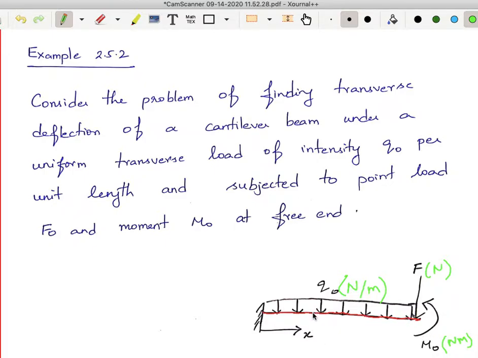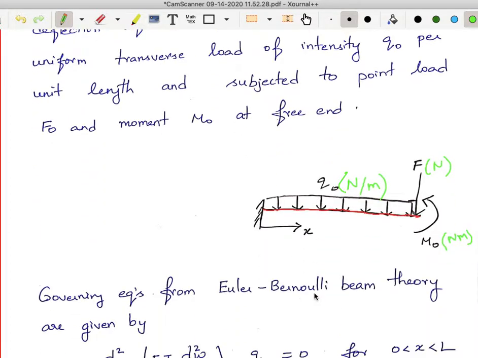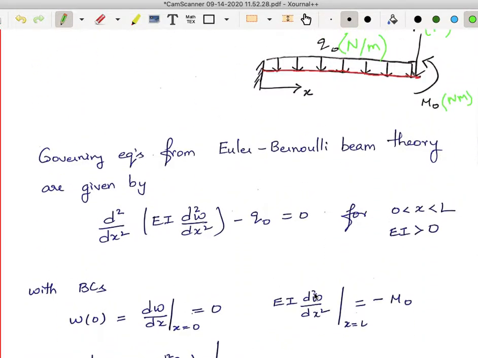Now we are going to assume Euler-Bernoulli beam theory in order to study the deformation of the beam. So can anybody tell me what is the significance of assuming Euler-Bernoulli beam theory? You must have studied beam bending in one of your UG courses, right? So what is the significance of Euler-Bernoulli beam theory? The problem becomes one dimension.